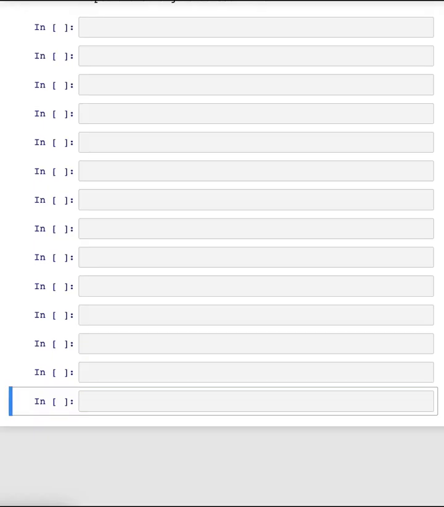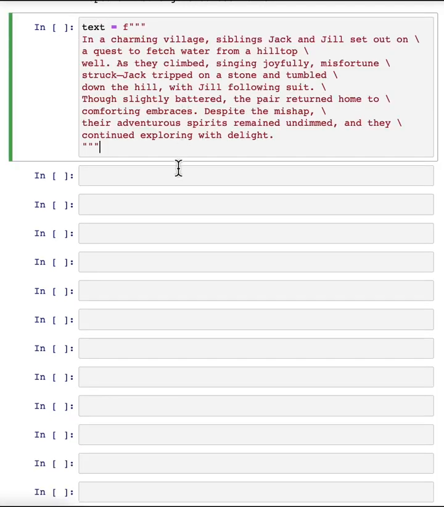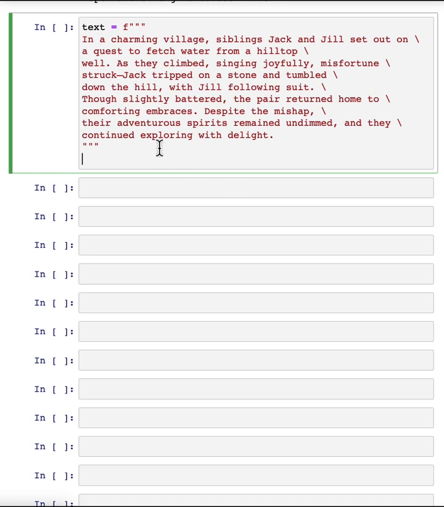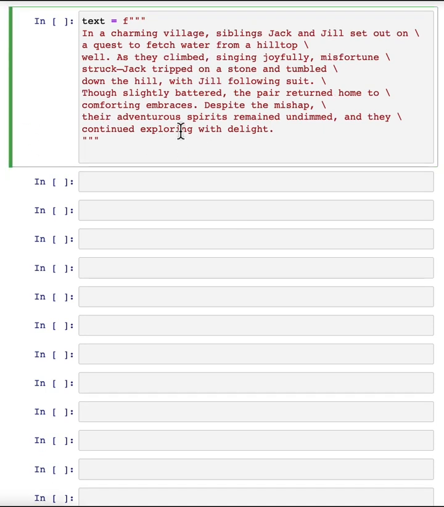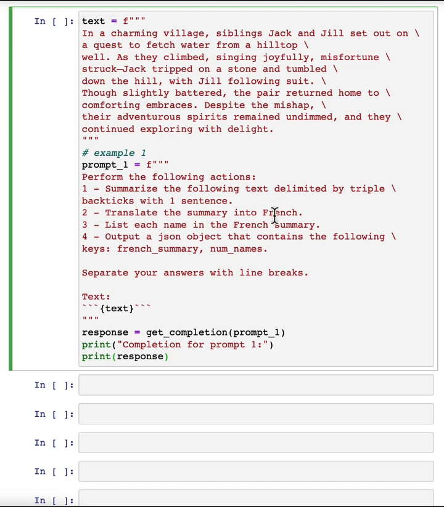So first, let me copy over a paragraph. And in this paragraph, we just have a description of the story of Jack and Jill. Okay, now I'll copy over a prompt. So in this prompt, the instructions are perform the following actions. First, summarize the following text delimited by triple